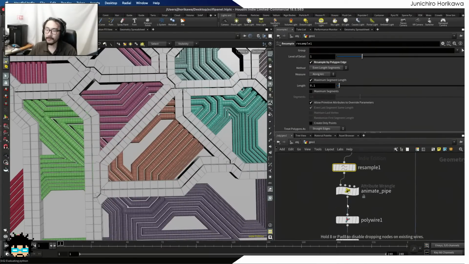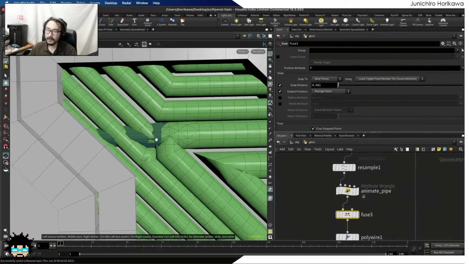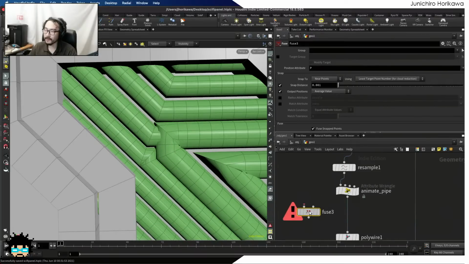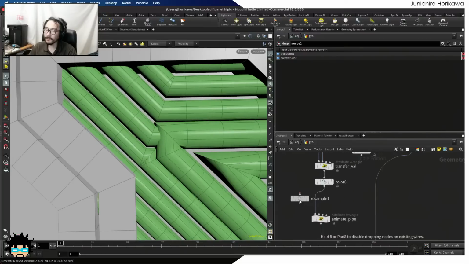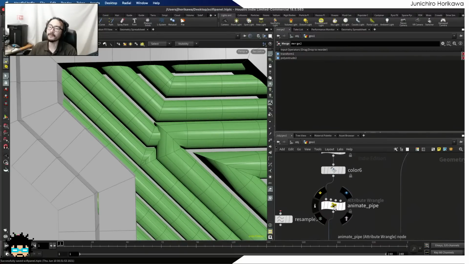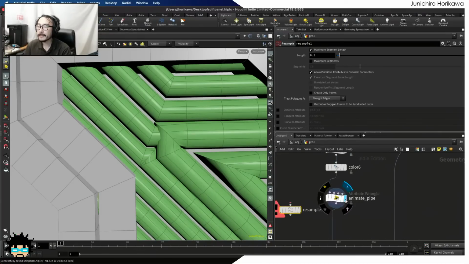Even if I do the fuse, seems to do some ugly results like right here. So I don't want to use this fuse nor resample, but instead let's try to estimate this curve u value that you can get out of resample node, which is in between 0 to 1 based on the positions of the point on top of the curve. Now to do that,